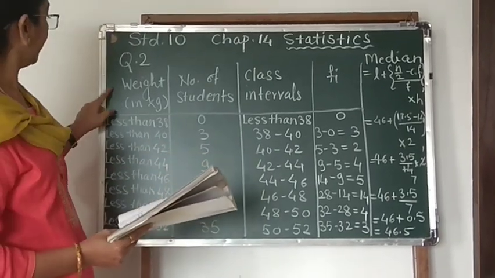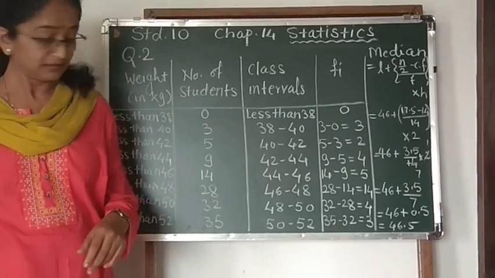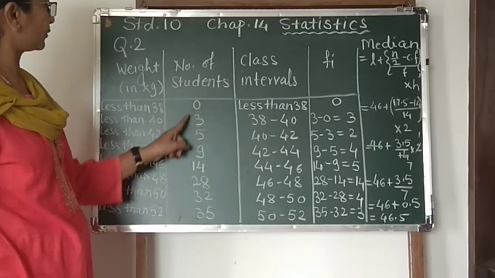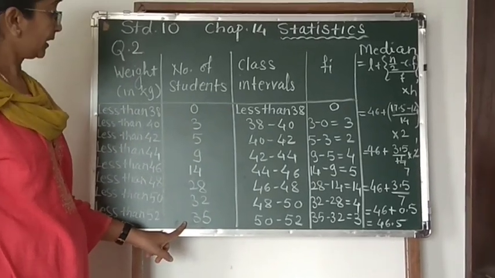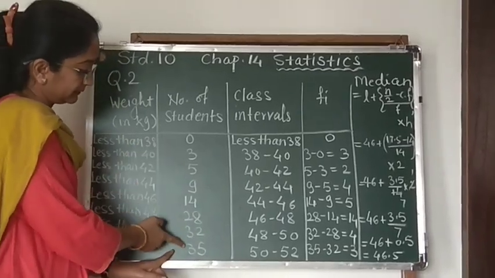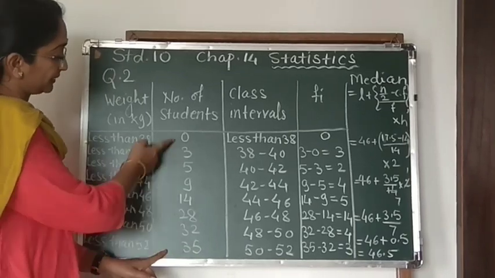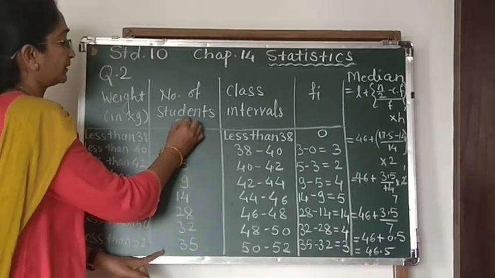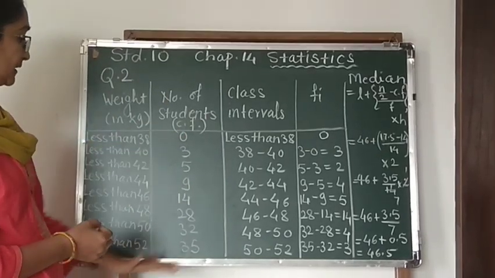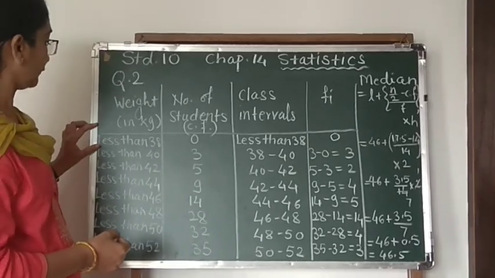Now here the weight in kg is given as less than 38, less than 40, like this. And here the number of students are given. Here you can observe this number of students. They are in ascending order, not random. So these are the cumulative frequencies. The given frequency distribution is a cumulative frequency distribution, and therefore here the class